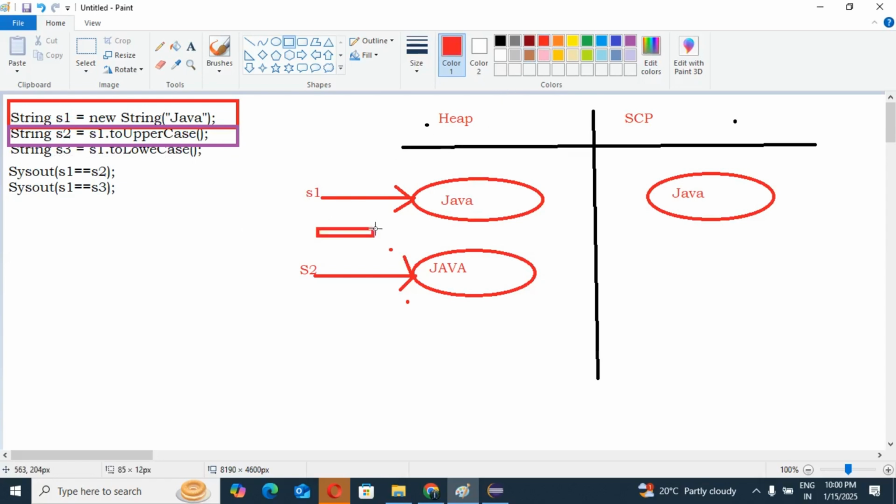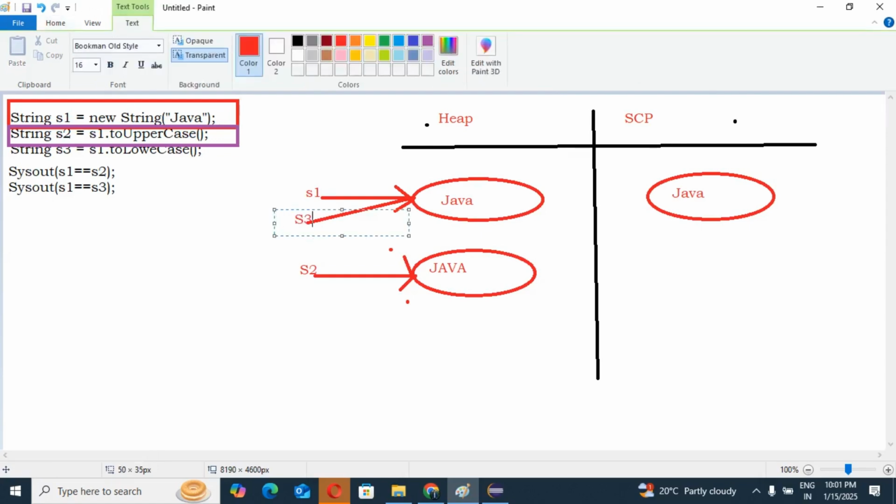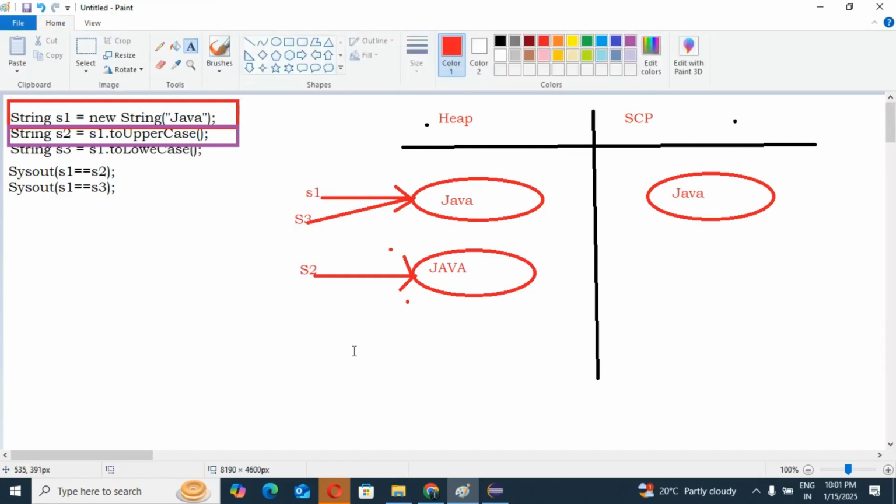S3 will refer to the same object. Correct? Guys, till now, do you have any doubt? It seems no. So what have I told you? We have these three statements. The first statement is S1 dot toUpperCase, where we change its content at runtime.